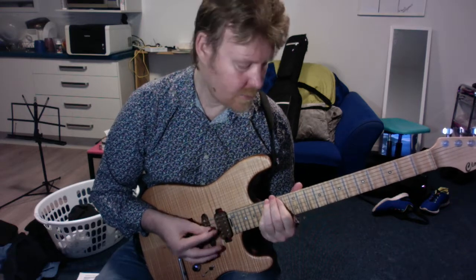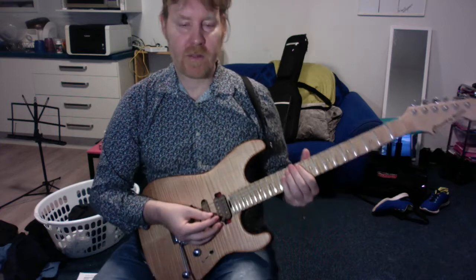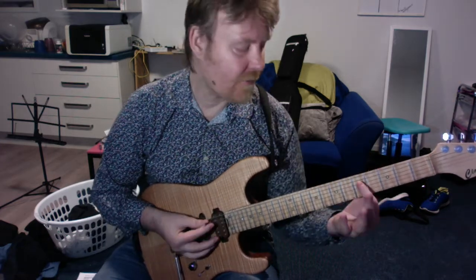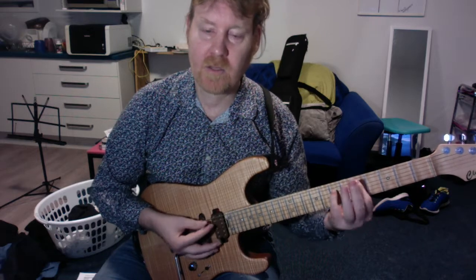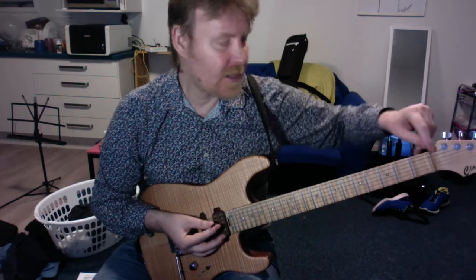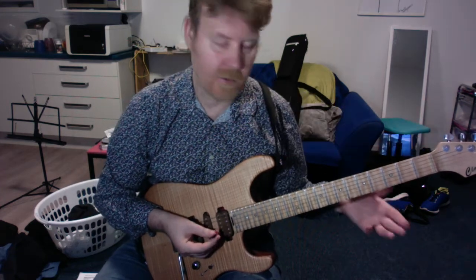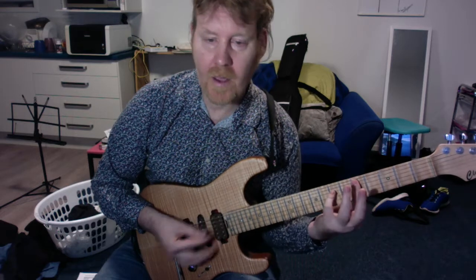So in that case, what I would do is use the second road map based off the A string. So here's my note D, because the closer you are to the nut, the better your notes sound. That's just how it is. So I'm playing on the 5th fret here,